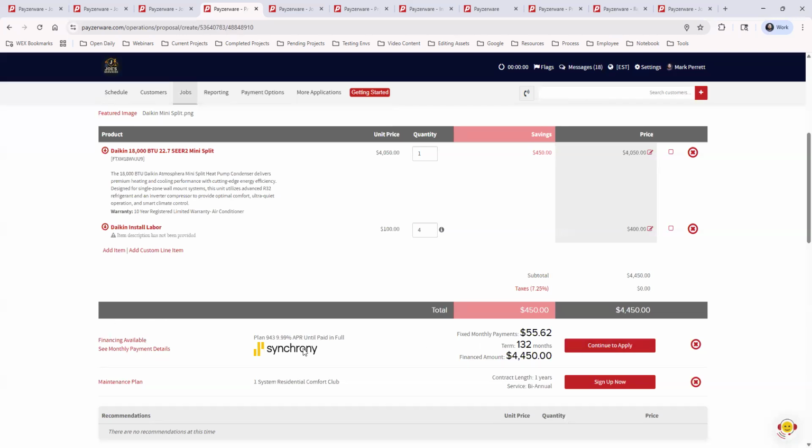If you want to sign the customer up for a maintenance plan. Now, we're doing a lot of examples back to back. Maybe there is a customer that you're going to offer multiple items and financing and maintenance plans and recommendations and everything. Just know you don't have to do all of this for each job. So if you want to add a maintenance plan,